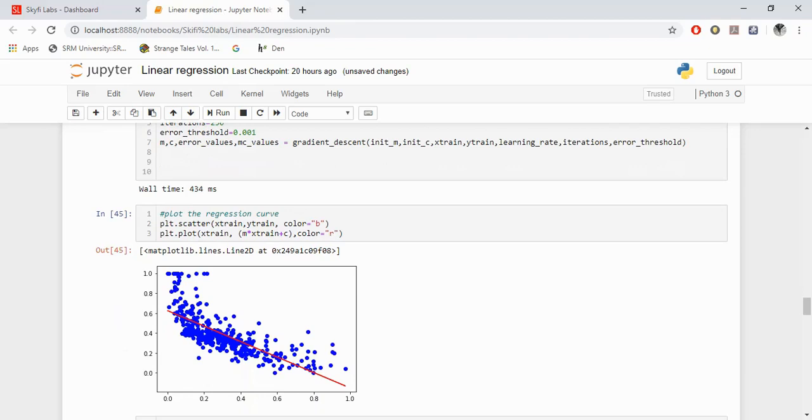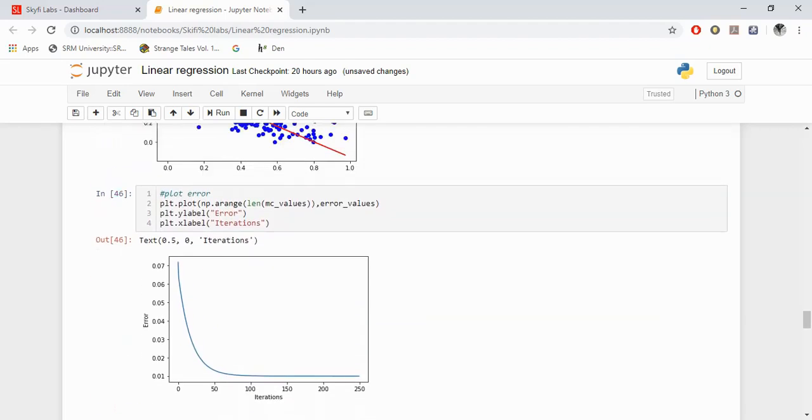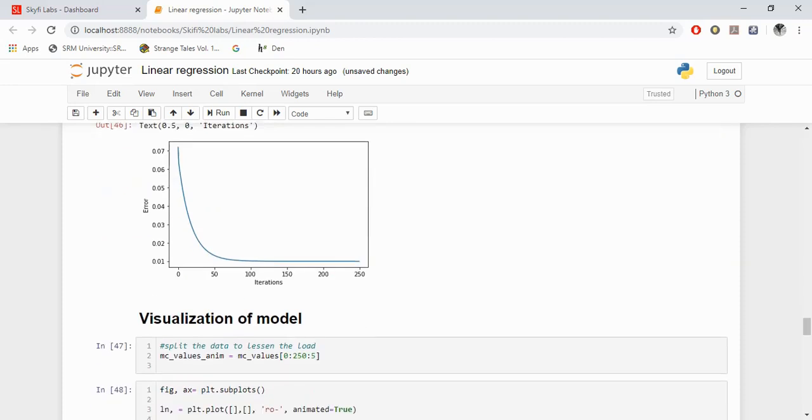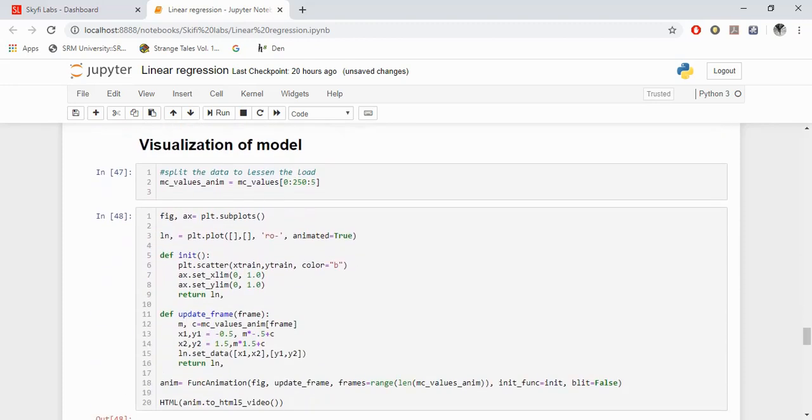We can see that the slope of the curve is negative because the LSTAT feature we use for the training model has a negative impact on the target value. We can also see the errors with the iterations. We can see that the error has gradually decreased over the iterations,